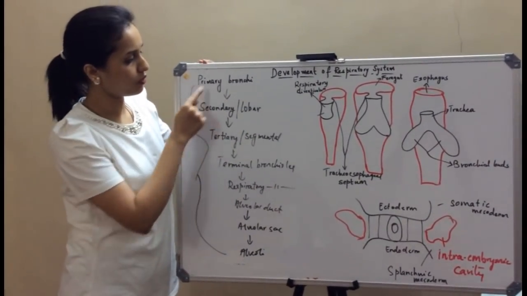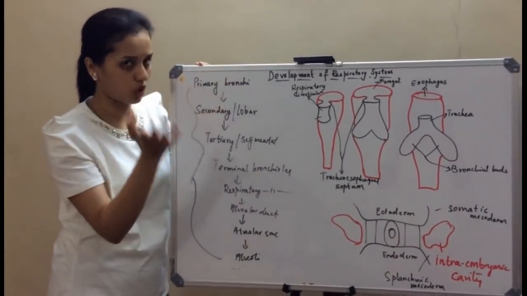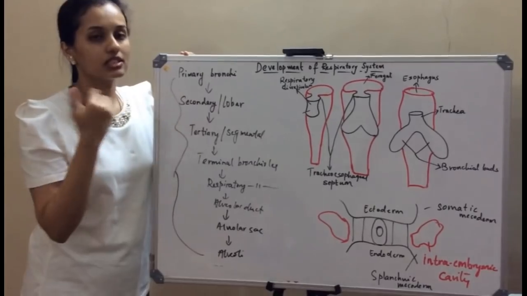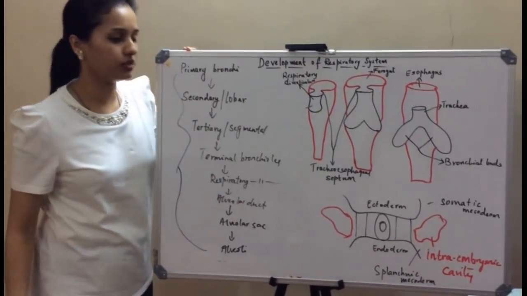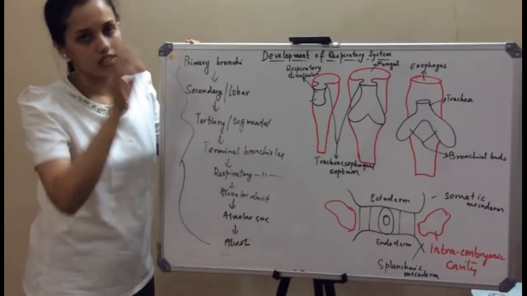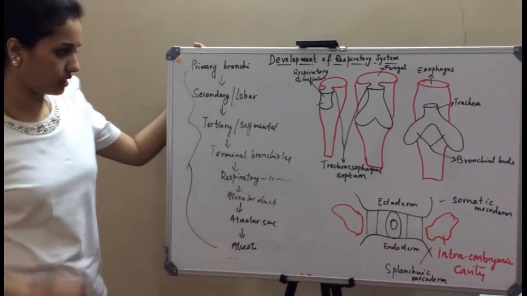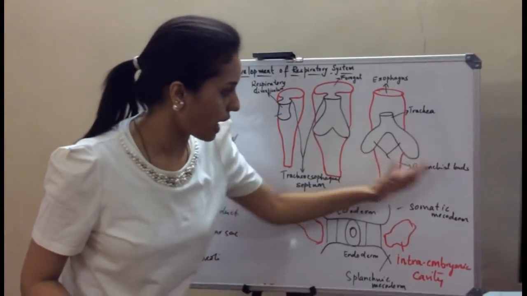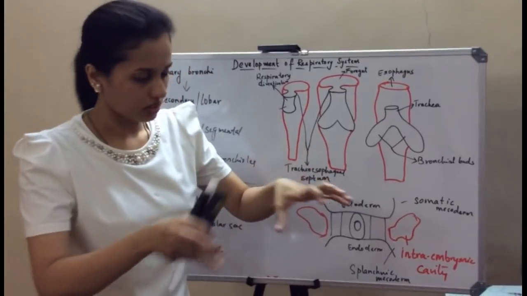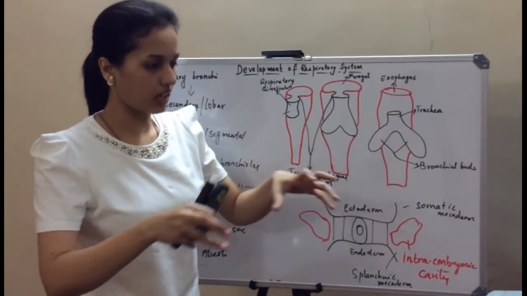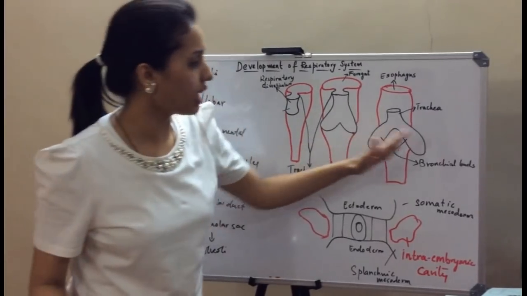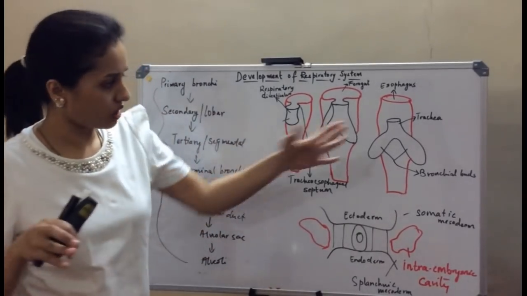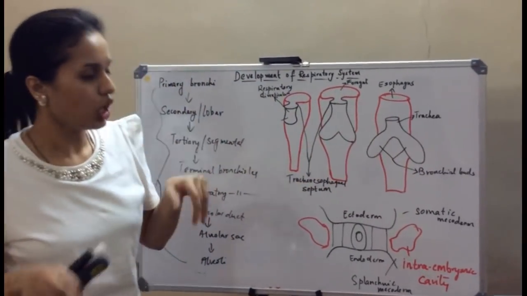So the primary bronchi will be two, or the main bronchi, right and left, which will further divide or branch into three right secondary bronchi and two left secondary bronchi, which enter each of the lobes of the lungs. Later, as the lung expands, you can see here the bronchi are expanding and branching. As the lung expands, these lung buds are expanding laterally and also caudally,